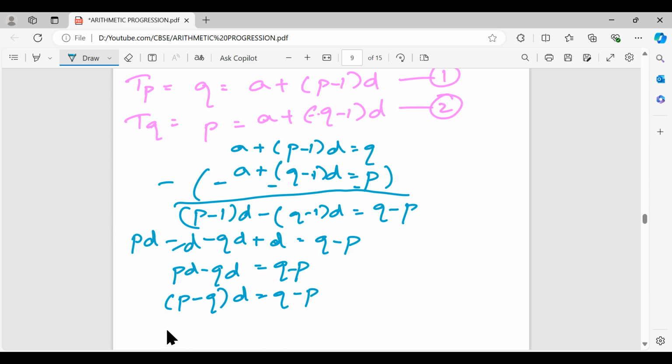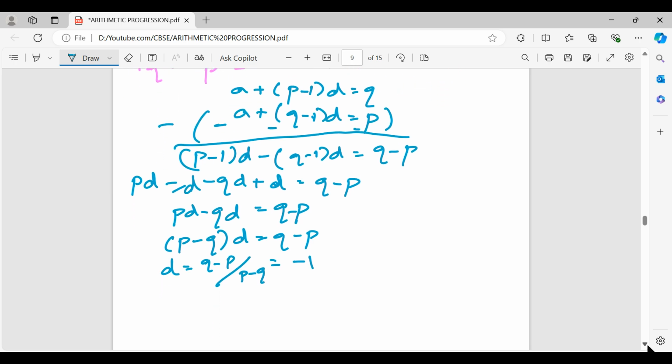So you will have D equals (Q minus P) over (P minus Q), and this is equal to minus 1. Okay, so once you have the value of D,